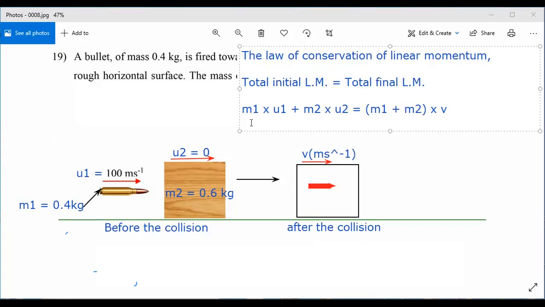Right. So M1 is 0.4. Many of you have sent me the correct answer. I'm so happy. Velocity U1 is 100. Plus M2, the mass of the block, is 0.6. Its velocity is 0. Equals